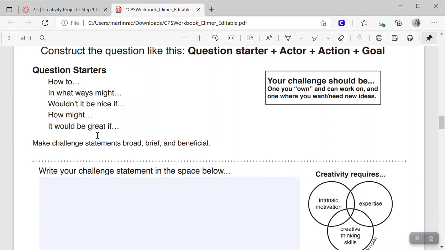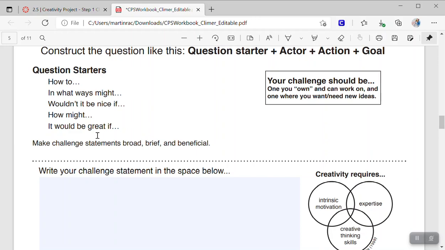It would be great if I could get some ideas down about a book idea. It would be great if I created, I don't know, my own virtual library, something like that. So lots of different ideas for you.